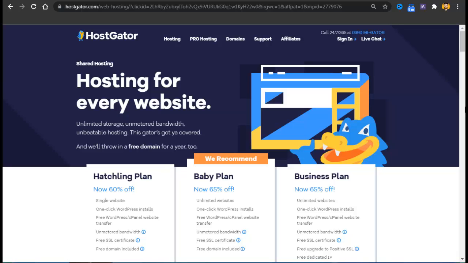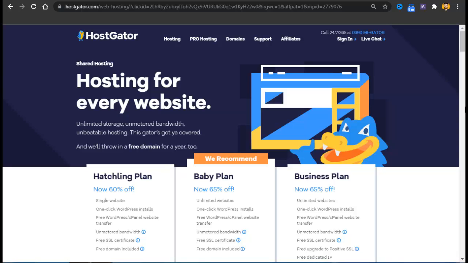Hosting is basically storage. Suppose a website is a Word document, you add photos, you add text, and you save it somewhere on the hard disk. So your website also needs a hard disk, which is connected to the internet 24/7 and which is super fast. That hard disk is provided and managed by a lot of companies. But I would recommend you go with hostgator.com, because it is the fastest and cheapest web hosting.